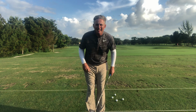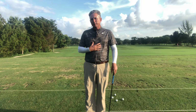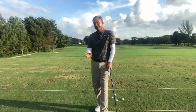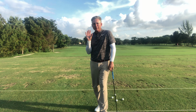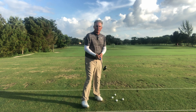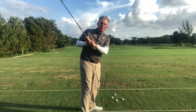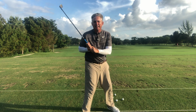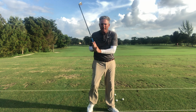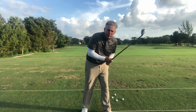Okay, then extending. Okay, if you remember back to Michael Jordan, who I grew up with, if he was ever to dunk a golf ball, or sorry, dunk a basketball, he would never dunk a basketball here, like this. So I see a lot of senior golfers when they play, their arms start to creep in, and a lot of that is from turning and staying flexed over this way here. So their arms move right in to their body. So their right elbow stays pulled in for a right-handed golfer, and then they stay over here and their right